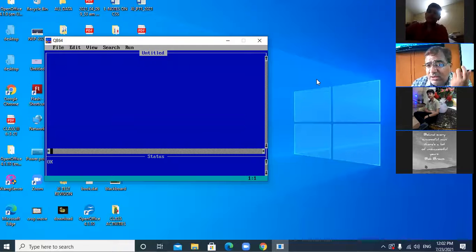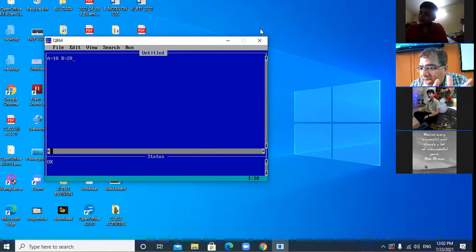What are A and B? A and B are variables. I say A equal to 10. I say B equal to 20. A variable is a kind of storage container which stores a particular value, and that value can be changed during the execution of the program, right?